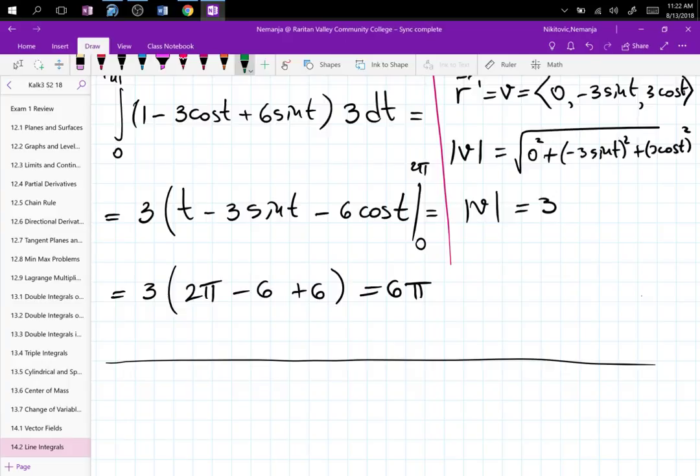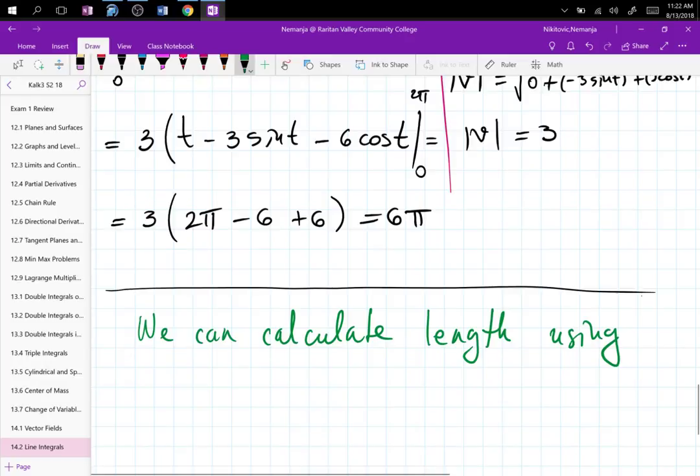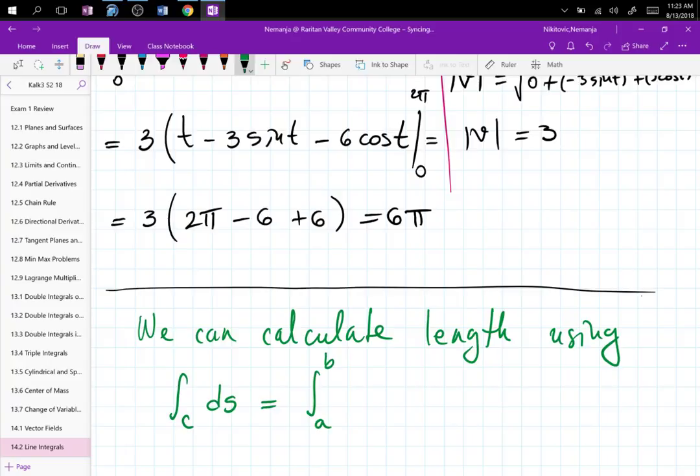So we can calculate length using line c of ds, which would give us the integral from a to b, no function in there,